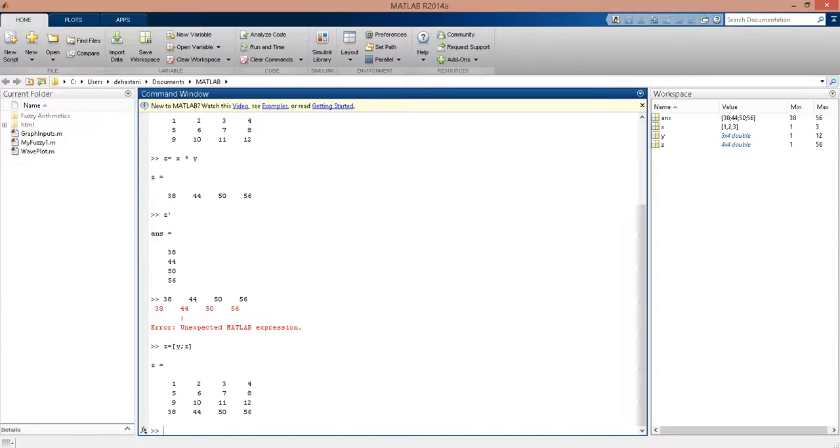Here it is a 4 by 4 matrix, and this area is concatenated with the previous z, and the new z is going to be a 4 by 4 double. Okay,